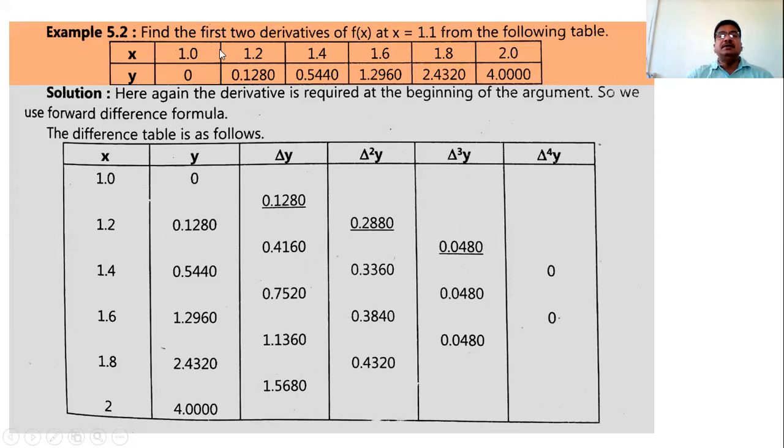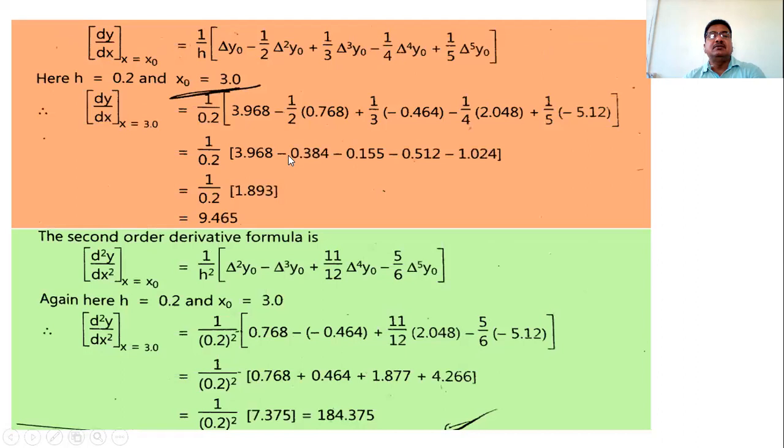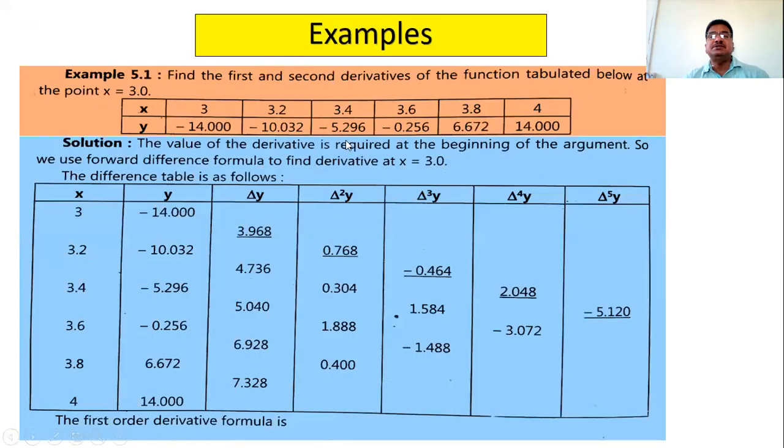So 1.1 is a point not given in the table. This point is not in the table. This point 1.1 lies between 1.0 and 1.2 in the following table. So we have to use the general formula, because in the previous lecture's first example, we found the first and second order derivative at the point 3.0, that is 3, and the point 3 is at the beginning of the table